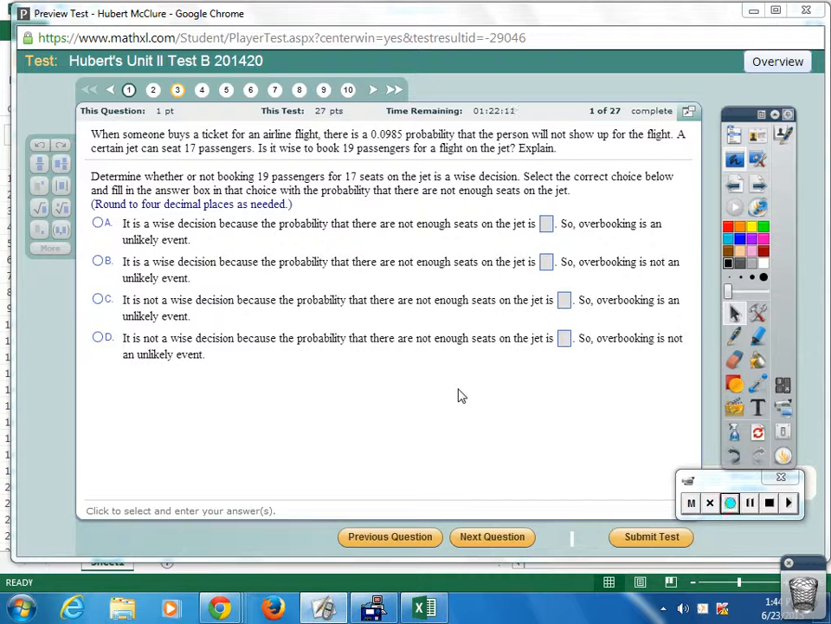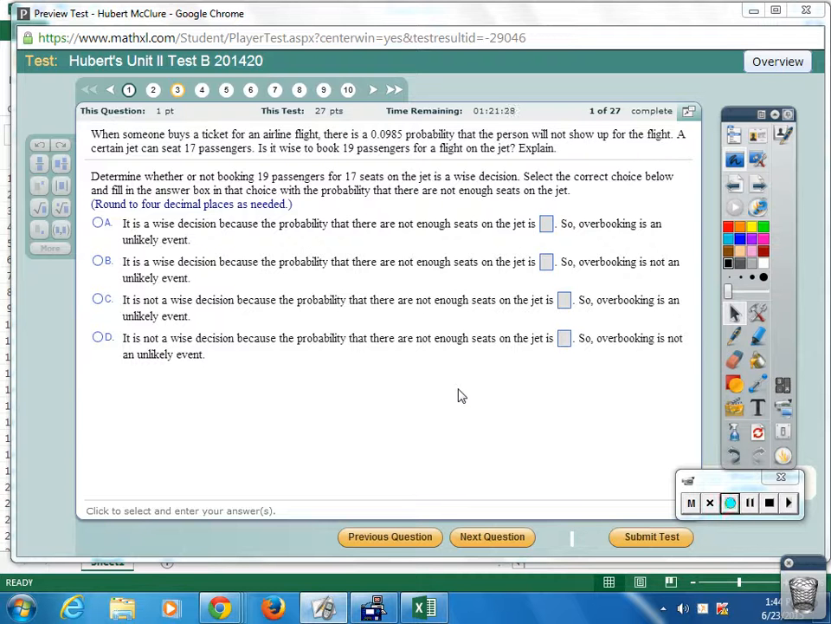When somebody buys a ticket for an airline flight, there is a 10% chance that the person will not show up. So what is the probability of somebody showing up? 90%? Yeah. You need that, 0.9, whatever the complement is. A certain jet can seat 17 passengers. You with me? Is it wise to book 19 passengers? I don't care about that. Just tell me